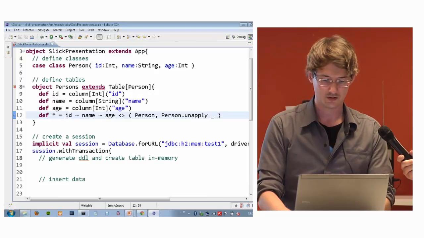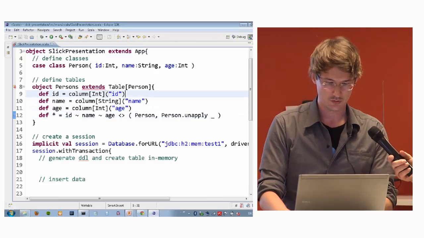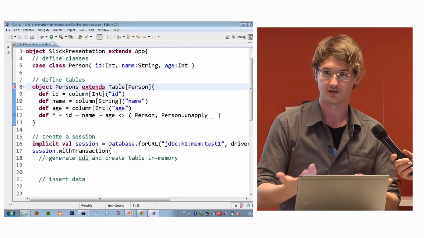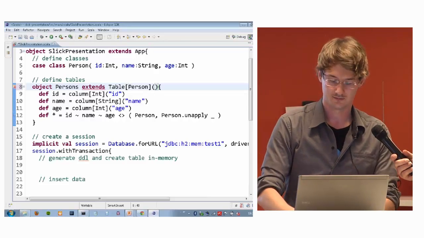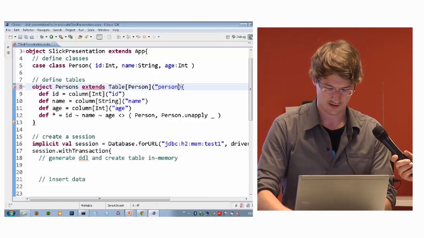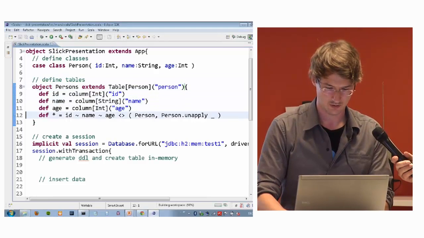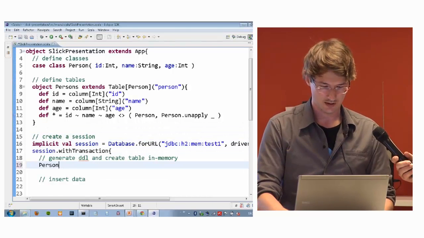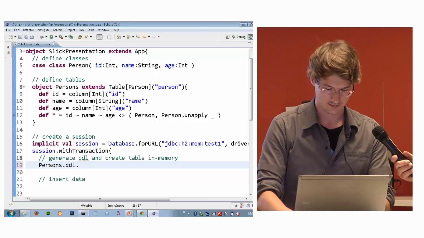So by passing these two to Slick, we will tell Slick, so this is the way you can create and deconstruct objects. And I forgot to state the name of the database table. Okay, so that's the description of the schema for Slick. And now we can first go ahead and